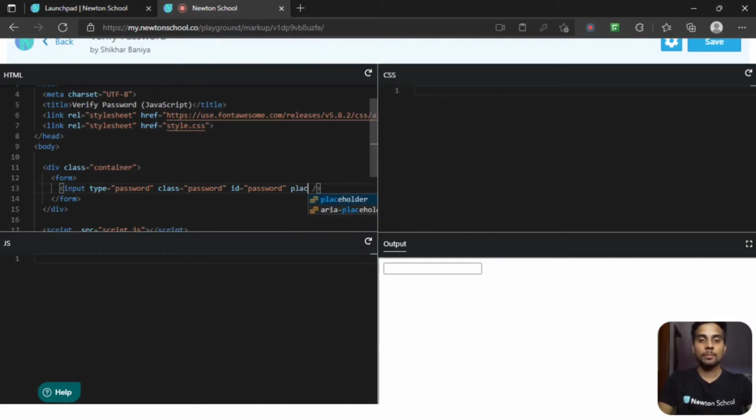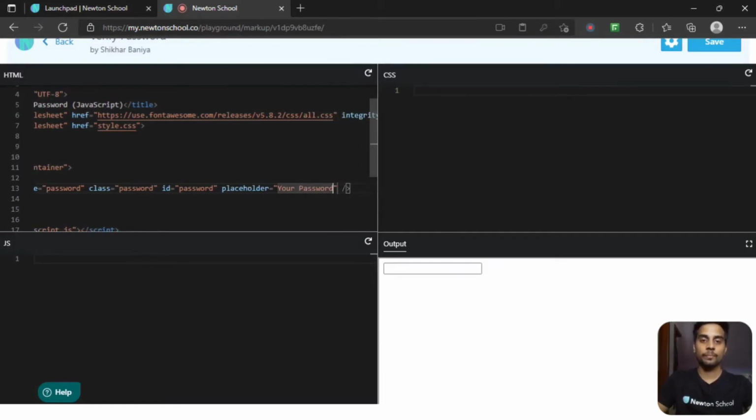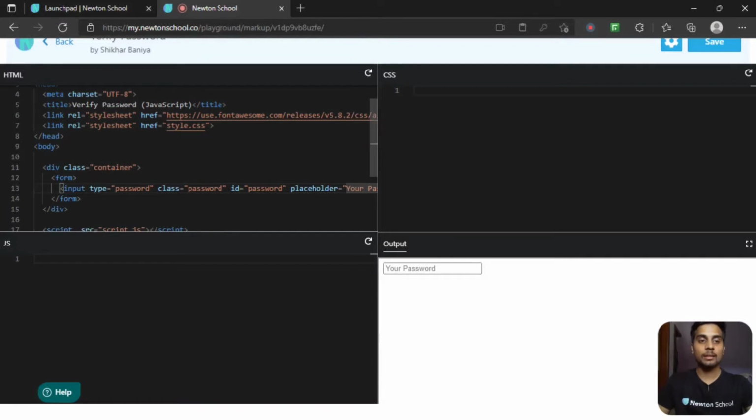And let's give it a placeholder. Let's say your password. As you can see, we got this placeholder, which instructs the user what exactly they have to type in this input box. So our first input tag is complete.